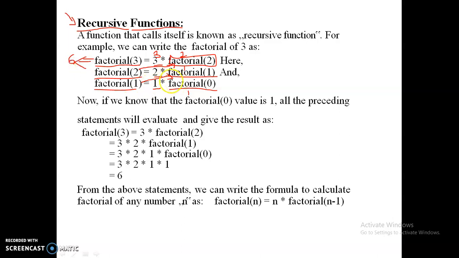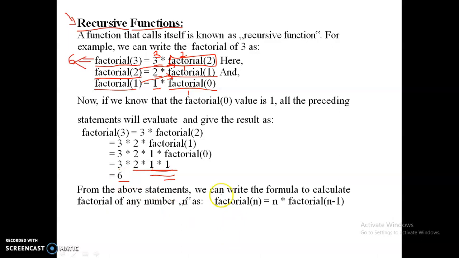This is generally what we do in maths also, the same way as used in recursive functions. Whenever you expand it, it looks like this: 1 into 1, the 0 factorial, 1 factorial, 2 factorial, and into 3. 3 into 2 factorial is this, 2 into 1 factorial is this, 1 into 0 factorial is this. These are all substituted and multiplied so that we get the final result.